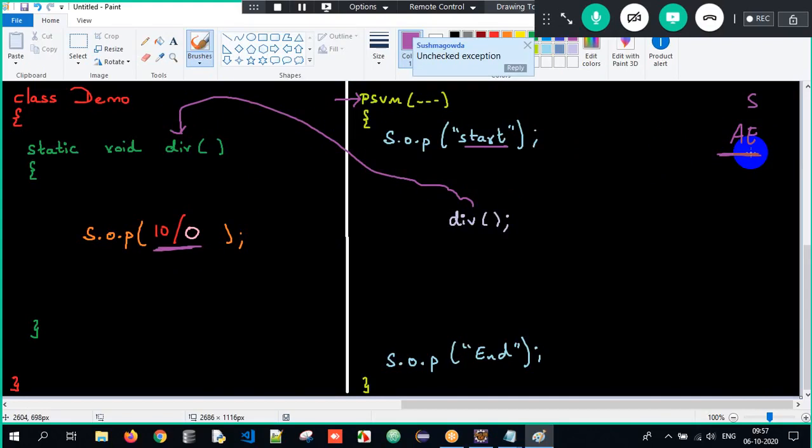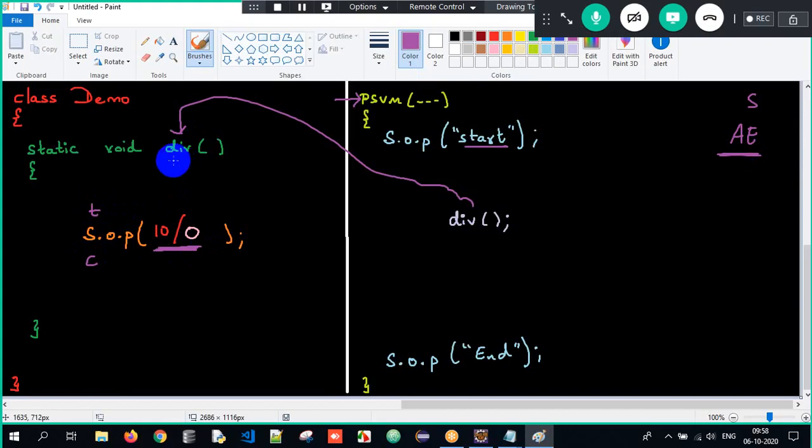Why? Exception is an event. The exception will occur and your program execution will stop. So you got an arithmetic exception, and then your program stopped. It got terminated. But now what are we supposed to do here? Sir, we are getting an exception, so we need to handle it. The exception is occurring in the method, and we typically handle the exception with the help of a try and catch block.